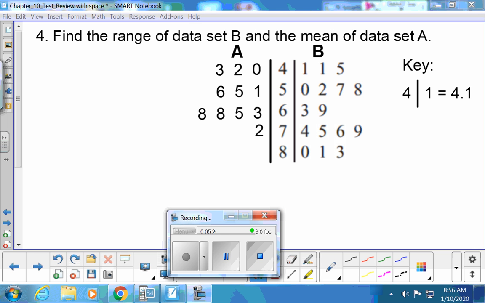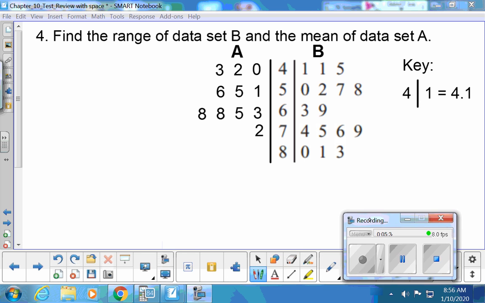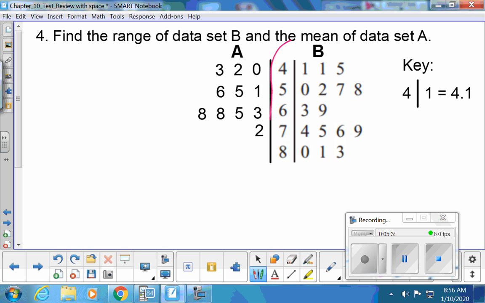All right, we have on our hands here a double stem and leaf. We saw that with the gymnastics example the other day. I remember doing the women and men's gymnastics team in the lesson. We want the range of data set B. This is my data set B. I am going to look at my key. Looks like we're going to have a bunch of decimals on our hand. If we need the range,